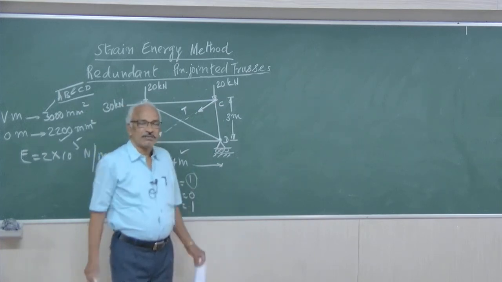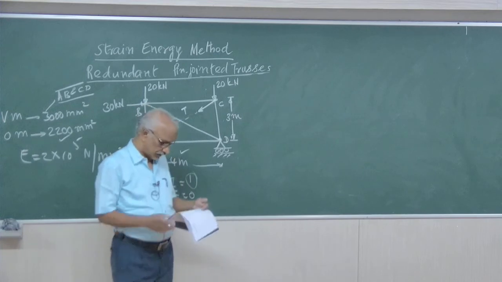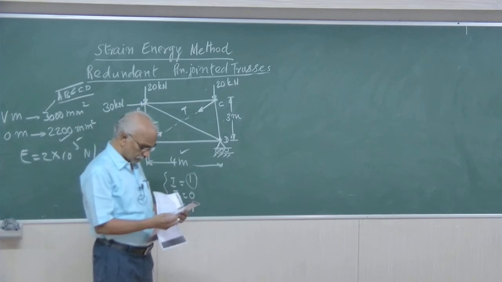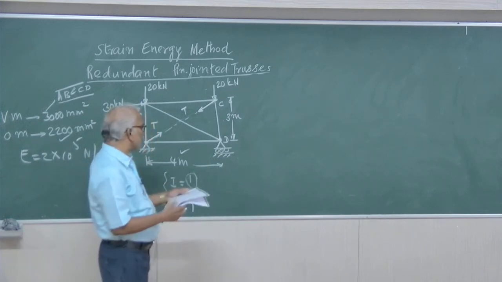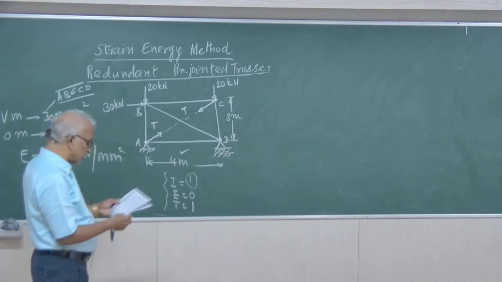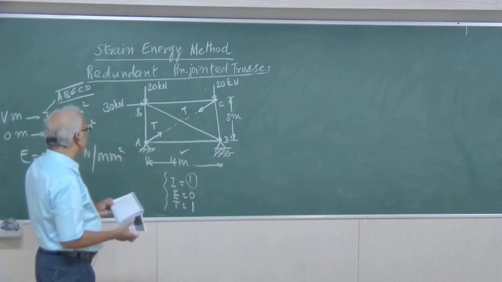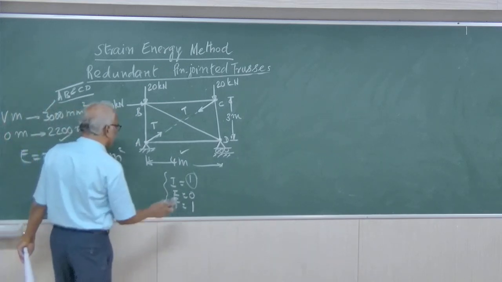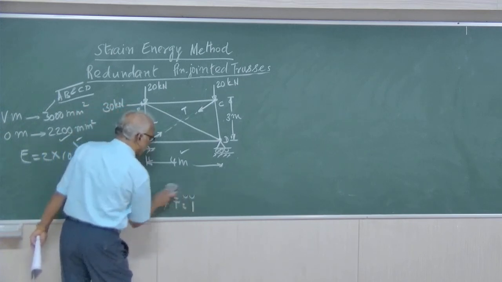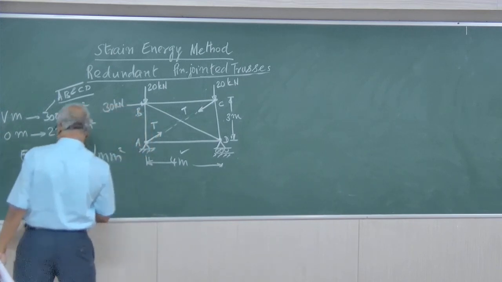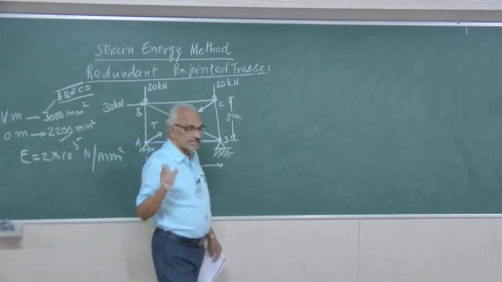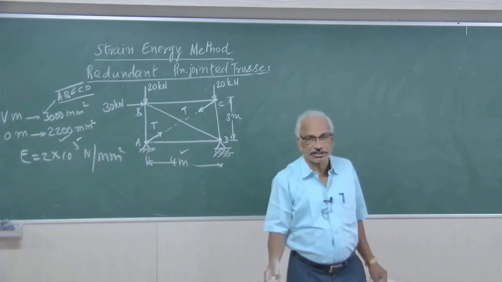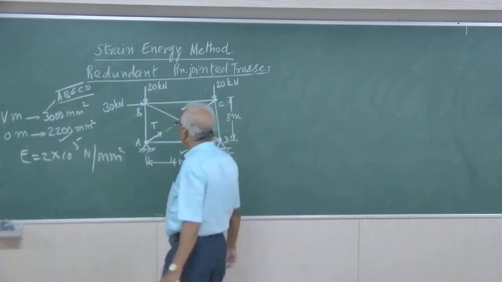Now we can go for method of joints. Right. So before going to the method of joints, we have to find out the reactions. Because you can start your method of joints from any point, but without reactions you cannot. So you have to find out the reactions, satisfy all the equations of equilibrium, and then only go to the method of joints. Now here there is a horizontal force.